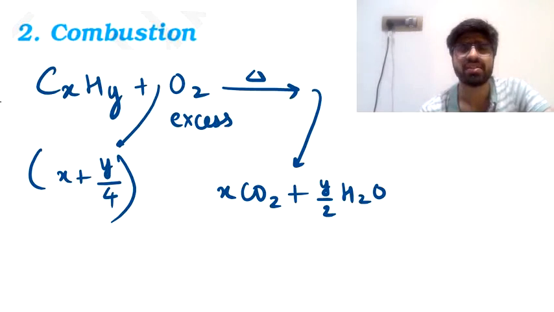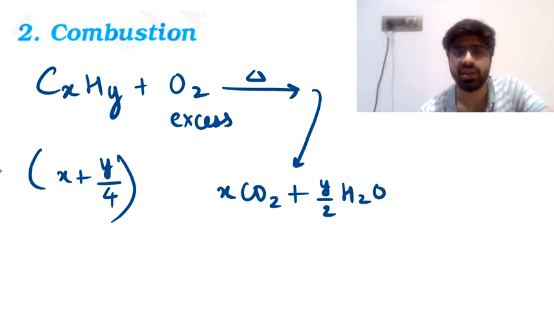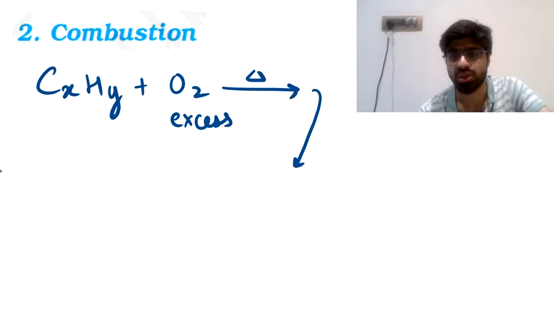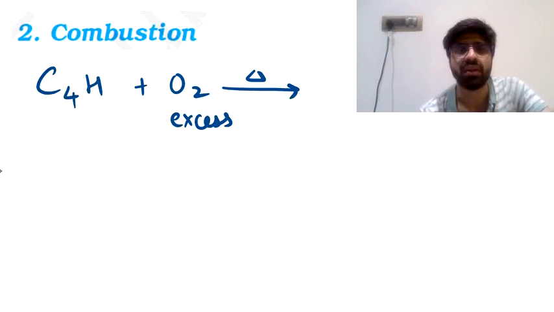Do you need to memorize this formula? The answer is no. You just need to check what reaction you are writing and then accordingly balance it in the way we have balanced this particular reaction. So say for example I talk to you about butane, C4H10. C4H10 on complete combustion, that is reaction with excess of oxygen, or you can also call it excess of air, at a high temperature, is going to form carbon dioxide plus water.